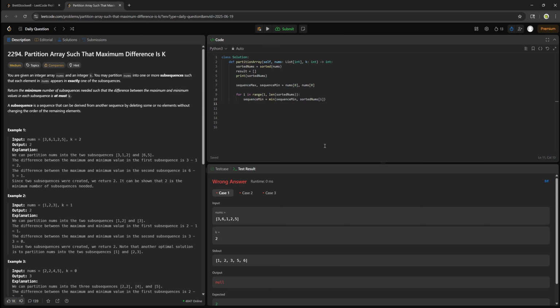Sequence max is, I feel like this still... Okay, so this right here, this is both our min and max. Here, this would be our max, this would be our min. If we look at 5,